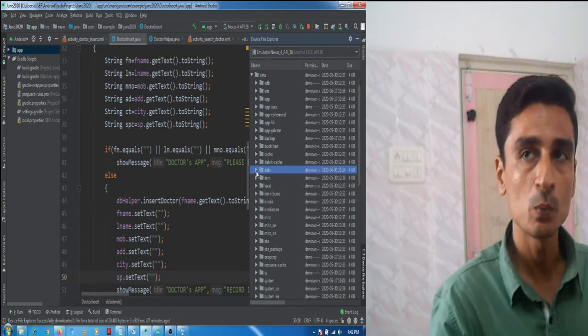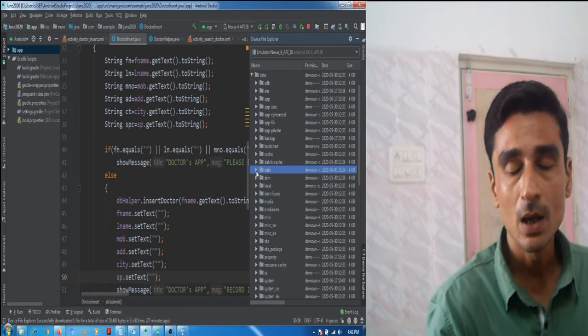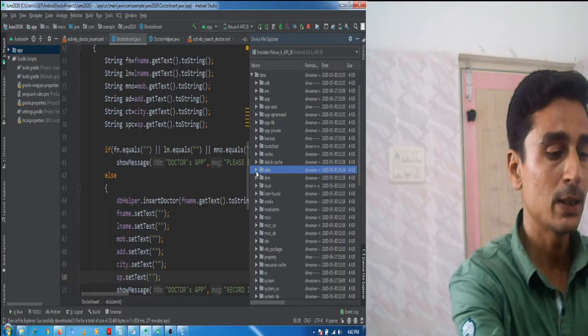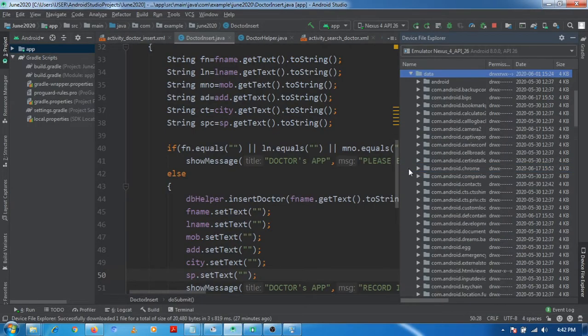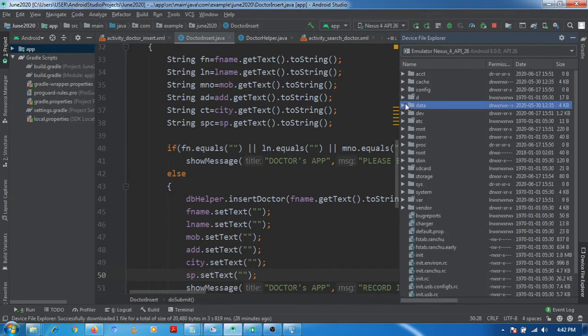if you want to find where the database is located and what the records in it are, at that time you have to open the device explorer, click on the data button, click on the data folder.